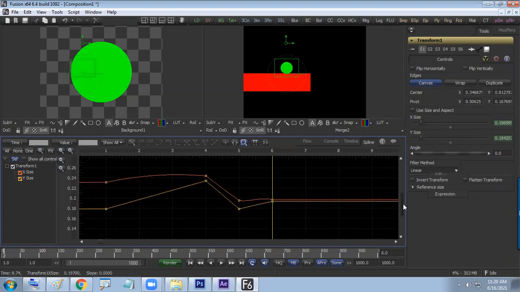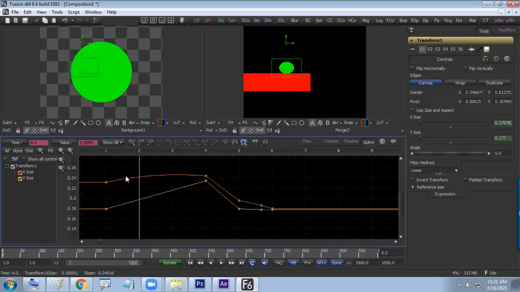So hope these two... okay. The position remains the same, but the scaling is different now. The first one is a little big and the second one is a small one. And if we need to get it still lower, we can pull down to this. So the goal here is how to make a bouncing effect.